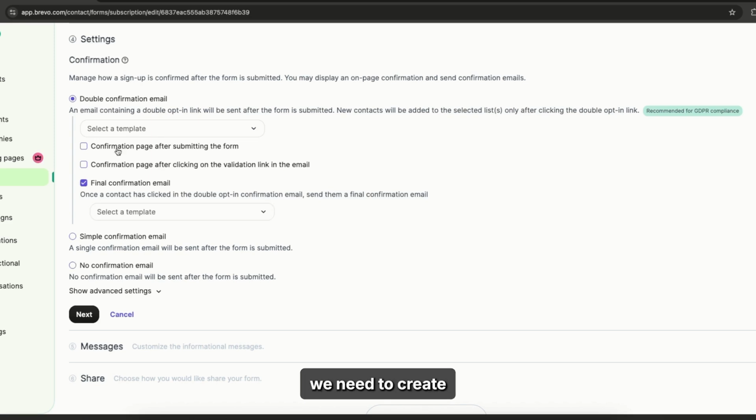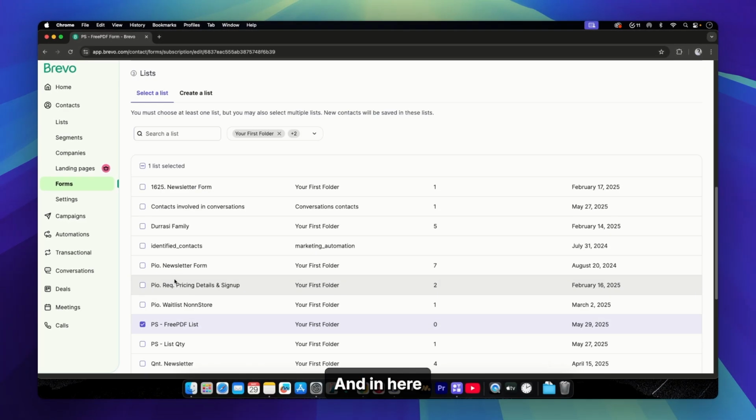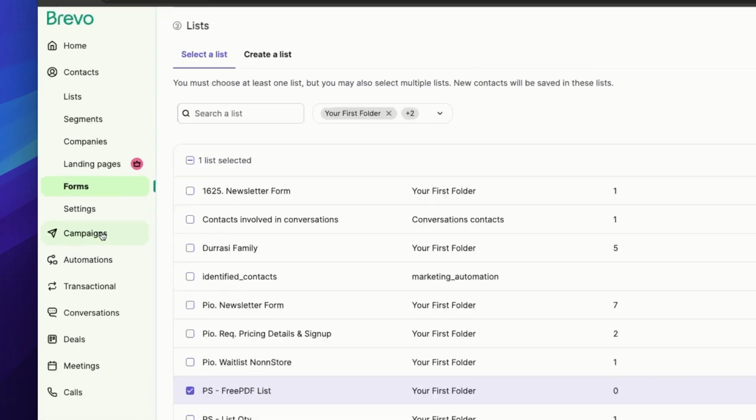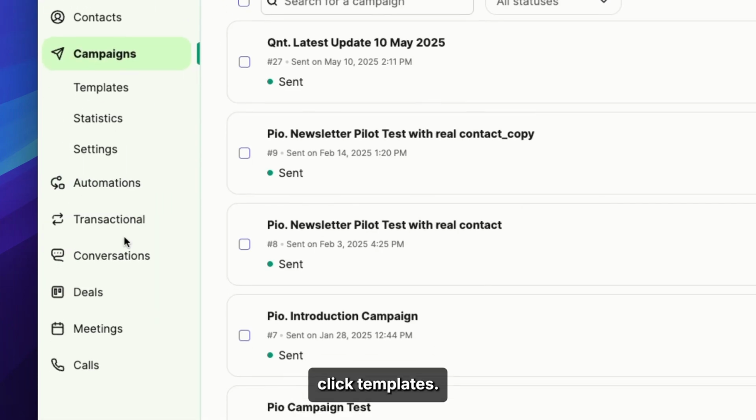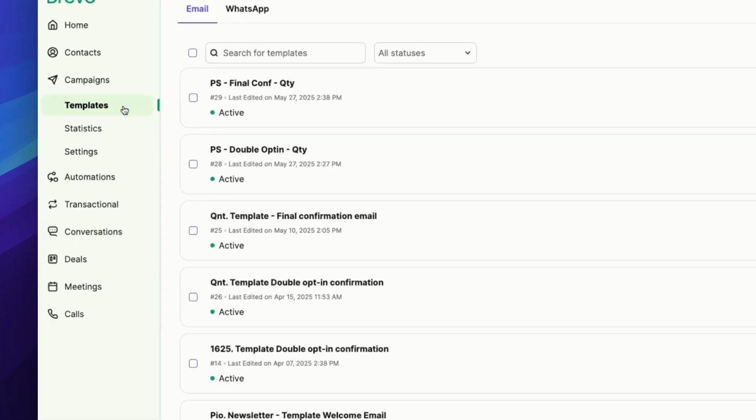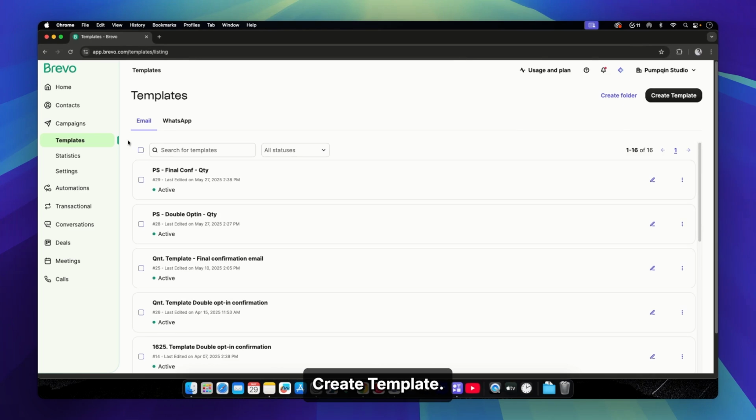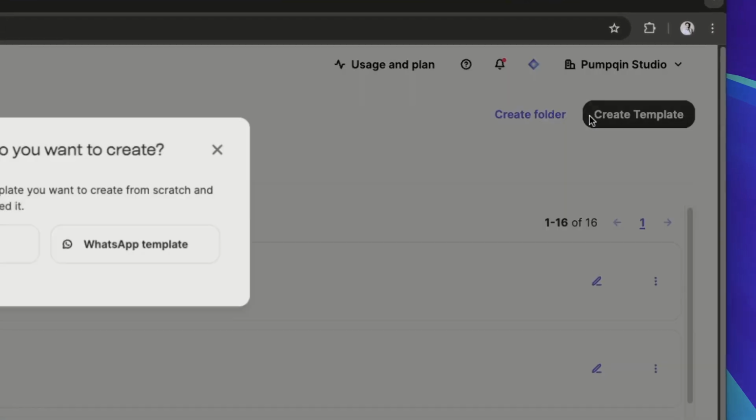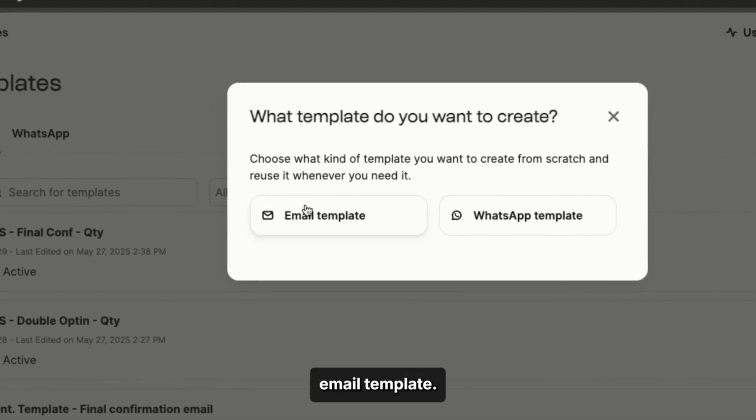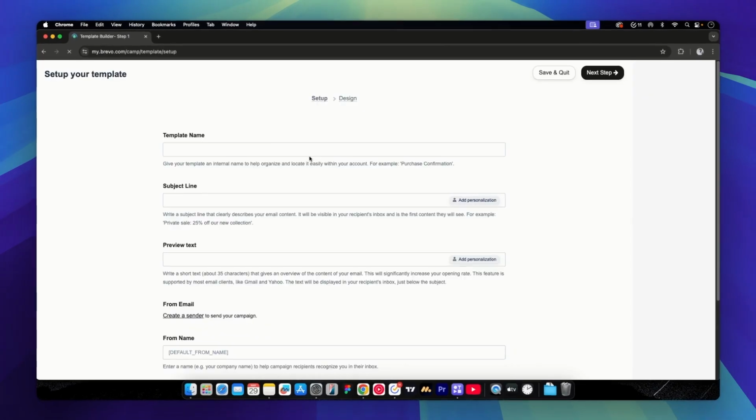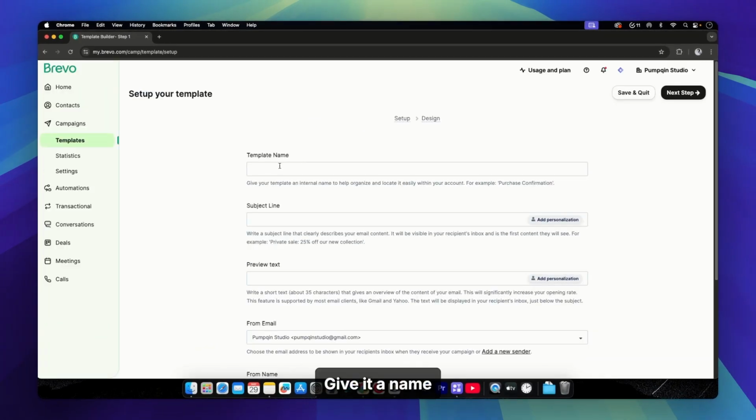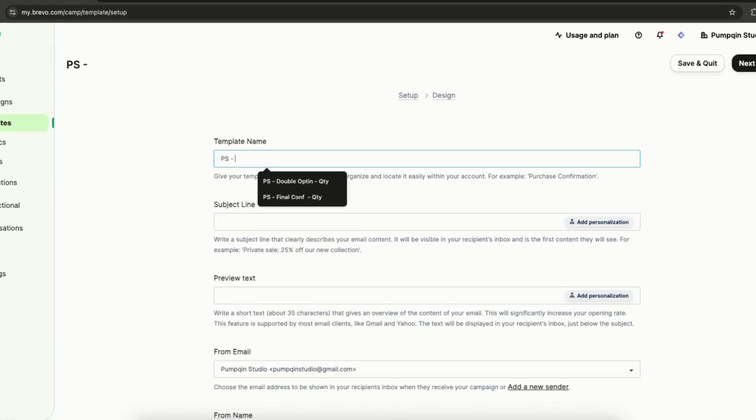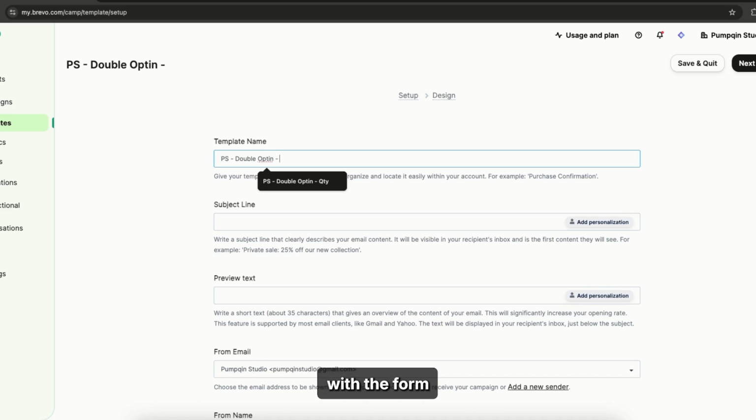And now we need to create two email templates for this, the double opt-in email and the confirmation email with the free PDF. Now click cancel first, and in here click campaign, and then click templates, then click create template, choose email template, give it a name. I'll make it the same with the form